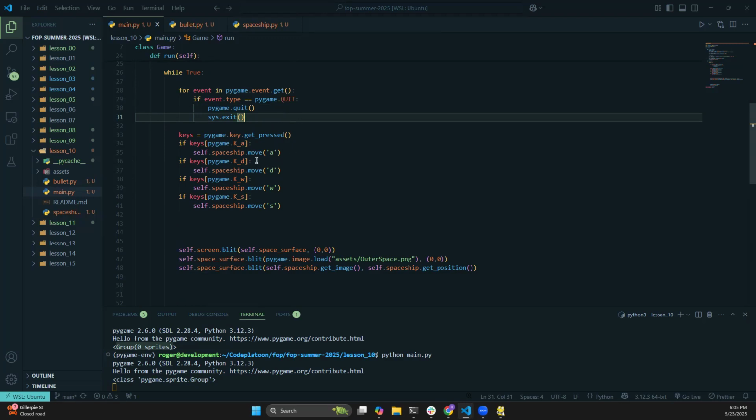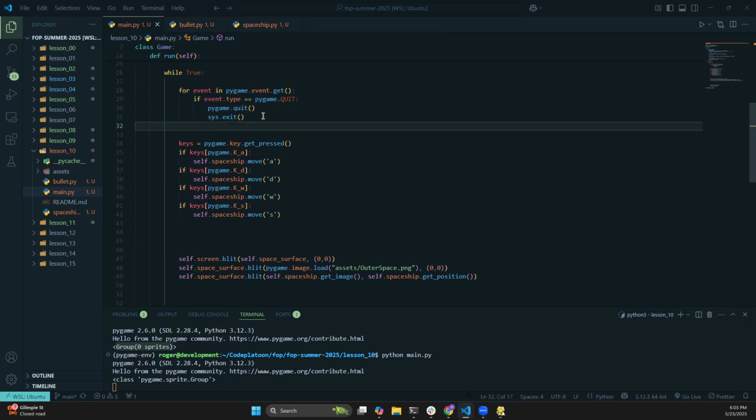You could use the keys. You could look for a specific key for spacebar if you want to do it here, but I don't want to do that. I'm going to look for the mouse button event. So to use the mouse button event, I have to use the events that we're checking for already. We're already checking for the event for quitting, so we can just go ahead and add an additional event to listen to. So we're going to say if